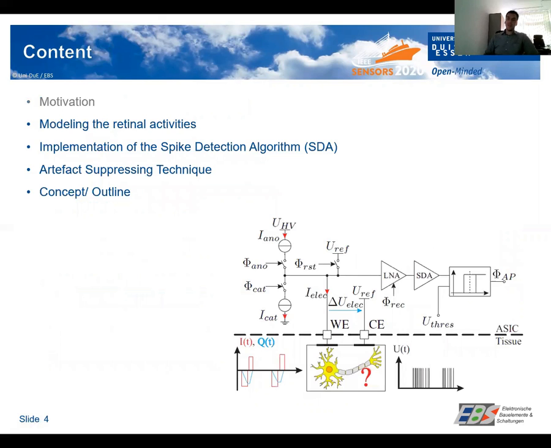For that, the stimulation setup is shown here. The tissue connection is done with a working electrode and a counter electrode. The working electrode is connected to the stimulation front end and also to the recording front end with the integrated biosignal processing. In the next minutes, I want to present the CMOS design of an optimized spike detection algorithm,